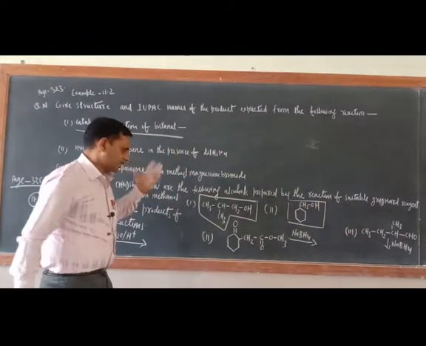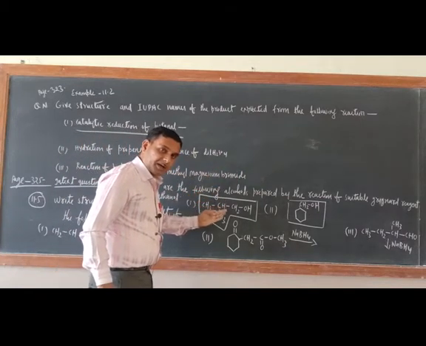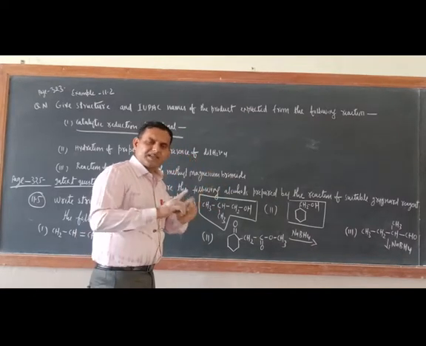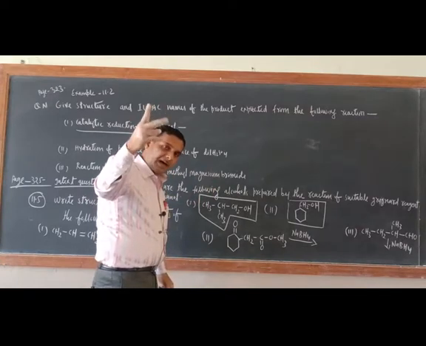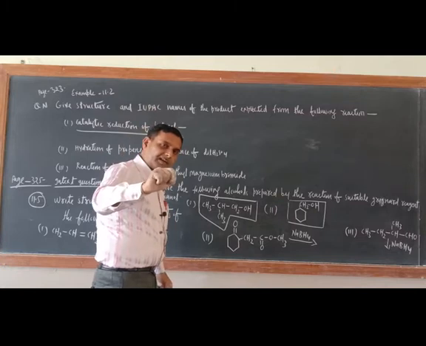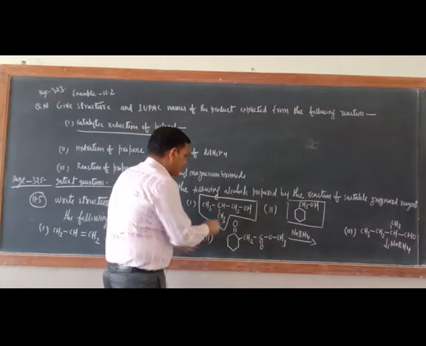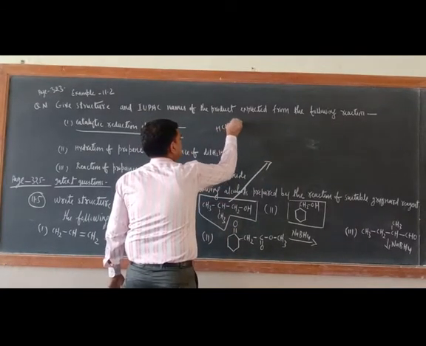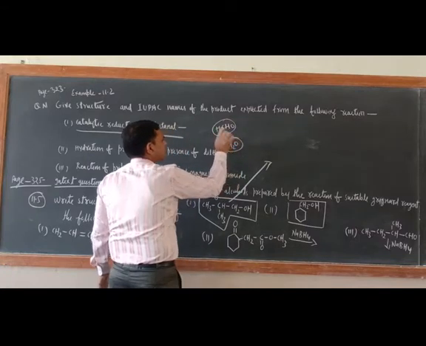Okay, so just see, the method I already taught you. Which alkyl group should be subtracted from the product, which is bonded with the carbonyl carbon? Remember this. First of all, one alkyl group should be subtracted, because the Grignard reagent will have only one alkyl group. That alkyl group, in the course of the reaction, gets attached to the carbonyl carbon, so from the product that should be removed. So just see. Now just see, one more thing is there. HCHO, this is methanal. This can be written like that also, CH2O.